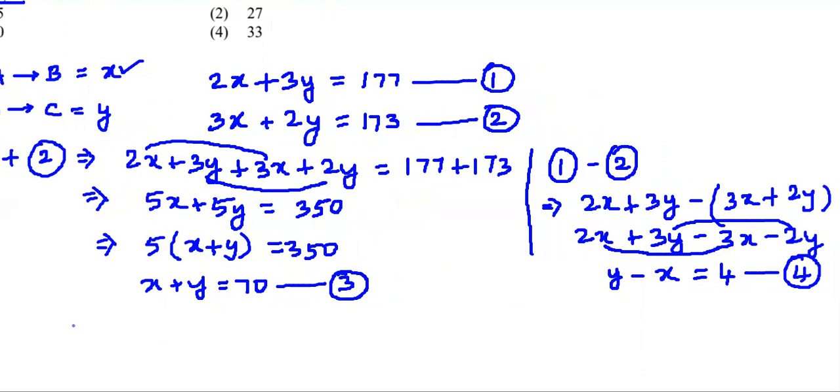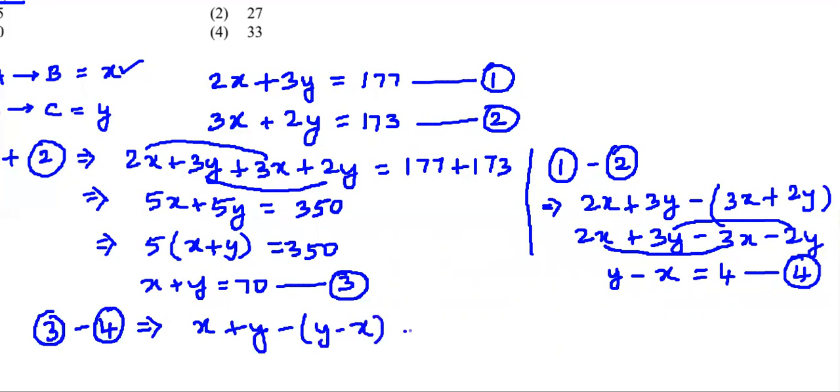Let's do a subtraction, final subtraction step. One more subtraction step, like equation 3 minus equation 4. Let's see what happens. So when I do equation 3 minus equation 4, it will give me x plus y, because I have x plus y on my left hand side of equation 3, minus, here we go, equation 4, we have y minus x, is what is equal to, coming to the right hand side, we have 70 minus 4, is it or not?